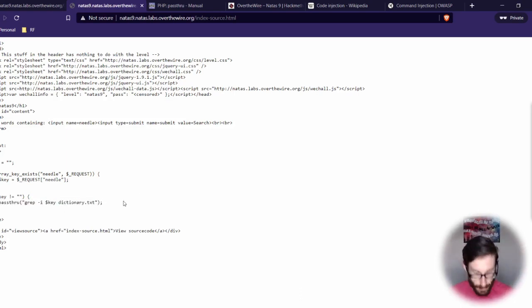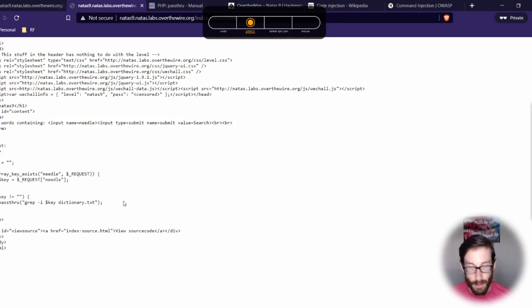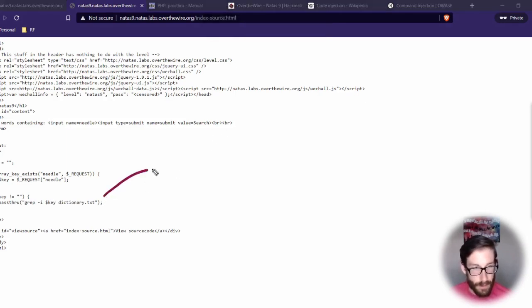So let me try to explain that with a pencil, because that's why we have it. In here, what we're doing is we're going to grep, which is basically to search for a case insensitive term. And this term we're searching for is going to be inside of this dictionary. So once we've found this term in this dictionary, then it's going to spit out everything else. And that's similar to what we did last time. We put in an apple, so this would be the apple piece here, A. And then out pops grapple, apple, all that stuff.